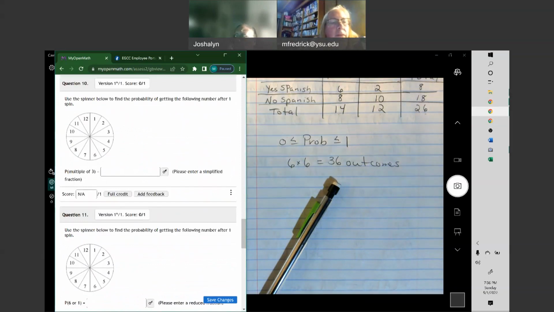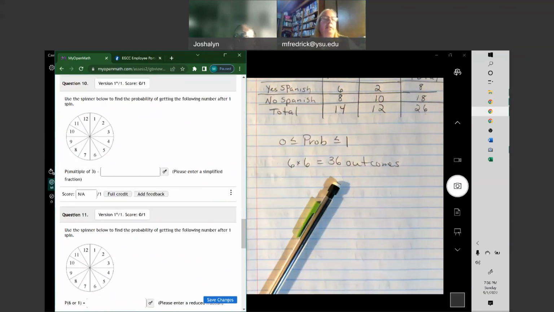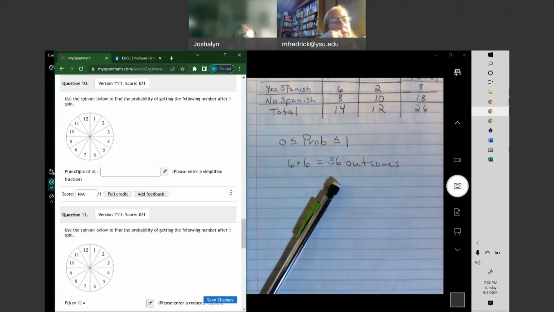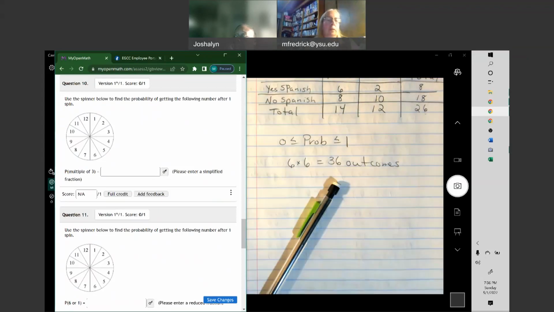Find the probability of getting the following number after each day: multiple of 3. So it needs to be divisible by 3. So is that the 3, 6, 9? And they want the reduced fraction. That's 4 over the 12, but reduced it would be